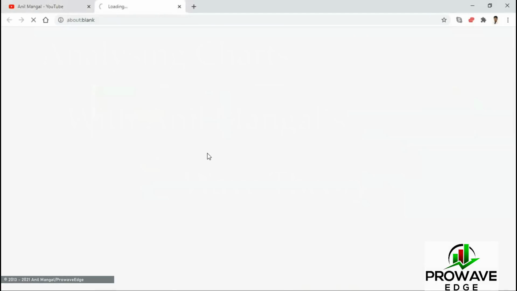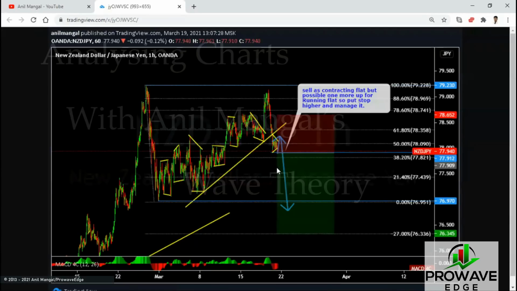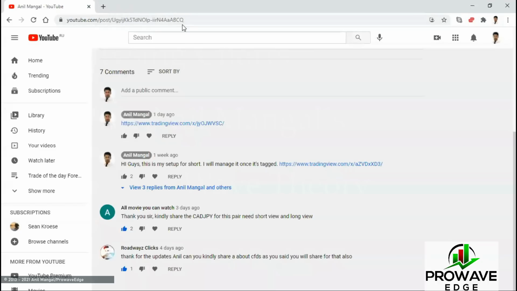If you open this, you will see this is the trade I posted on Friday. And these trades have very specific rules on them. I will follow up on what I do with the trades, so you can follow this on a step-by-step basis. Look at the trades I am taking on these 2 charts, and I will keep following up on them for a very long time. So you would see what I do with a specific pair when I'm trading it, when I'm taking trades on it, when I'm ignoring it because it's in consolidation and all of that.